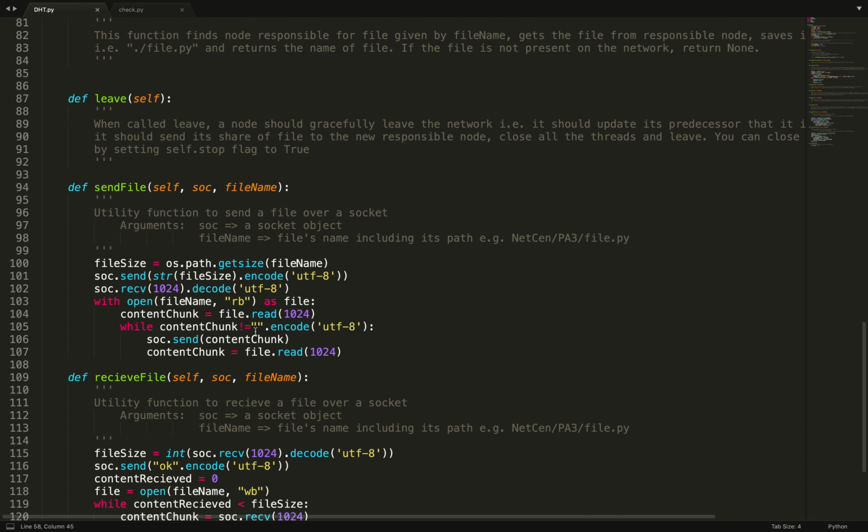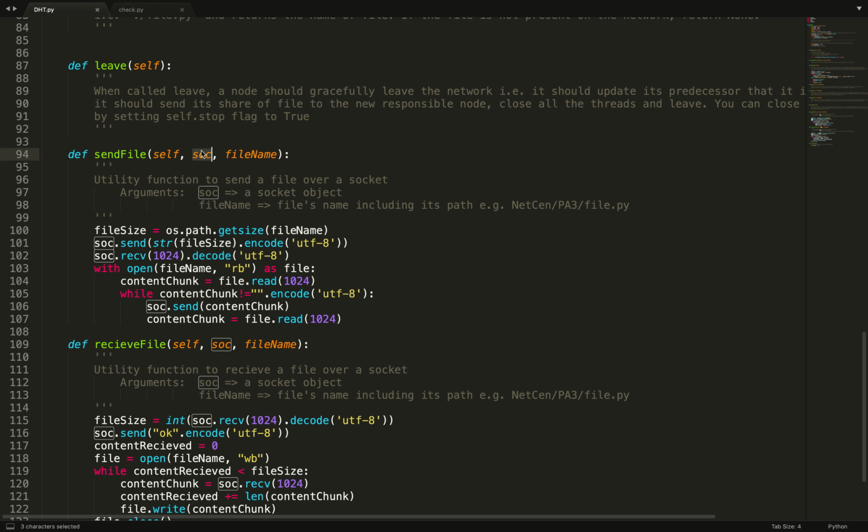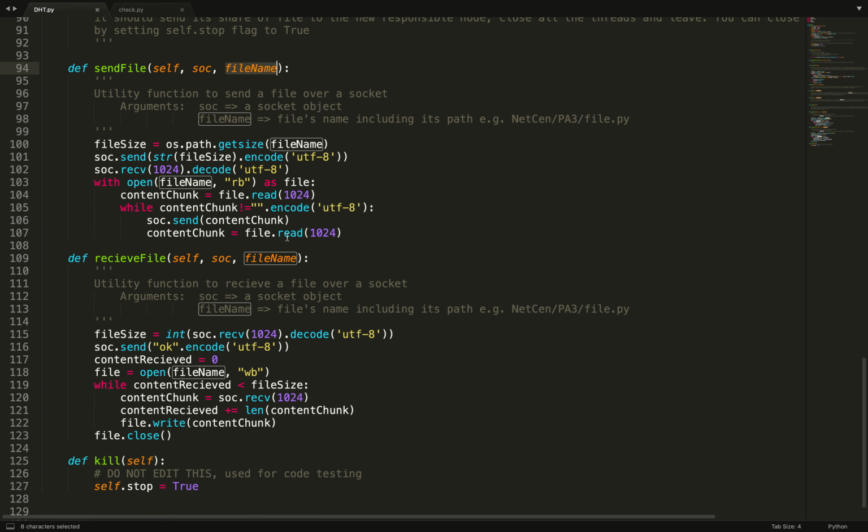So send file basically takes as arguments a TCP socket object and a file name, and then it sends that file to this socket. File name would be the complete path of that file. Similarly, receive file also takes similar arguments, and then it receives this file from the socket.